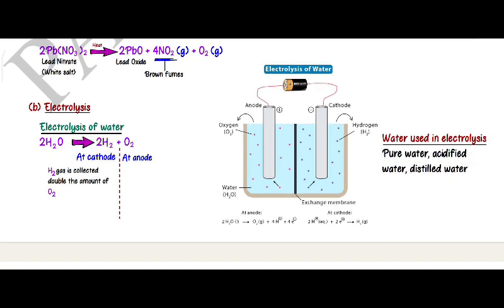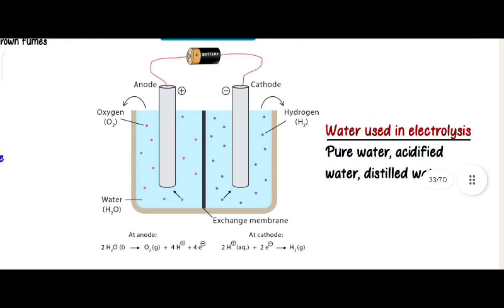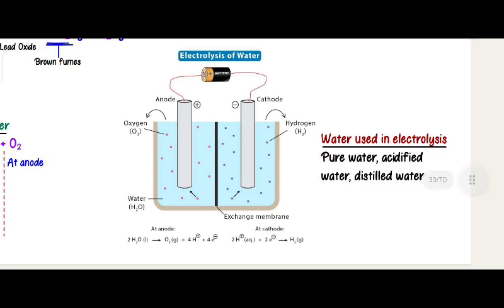Electrolysis. Electrolysis of water: 2H2O, water, gives 2H2 plus O2. At the cathode, H2 gas is collected, double the amount of O2, and O2 at the anode. Electrolysis of water: anode and cathode both attached to a battery, with oxygen O2, water H2O, and hydrogen H2